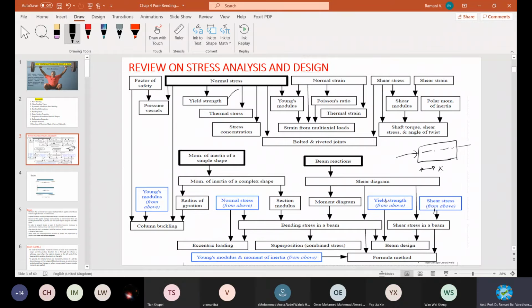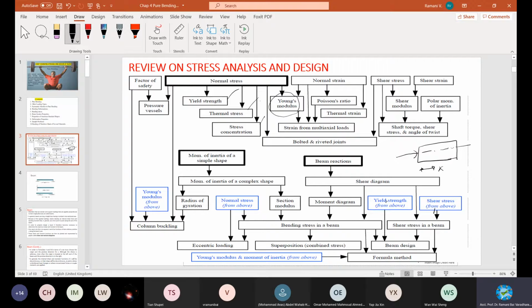So we had yielding stress, we had thermal stress, right? Any mechanical component which is running for long will create thermal stress as well. You may have to take this into account. And then the concentration points, these are all given by different values that we derive, right? And then ultimately you end up with Young's modulus. You can calculate the Young's modulus, right?